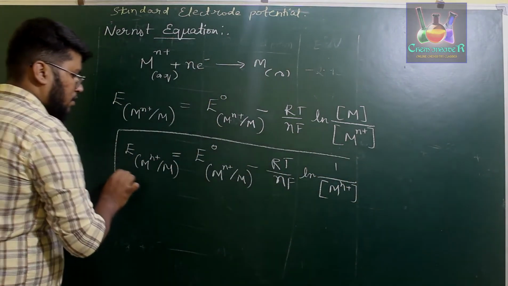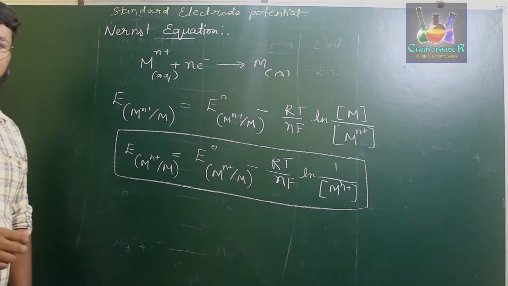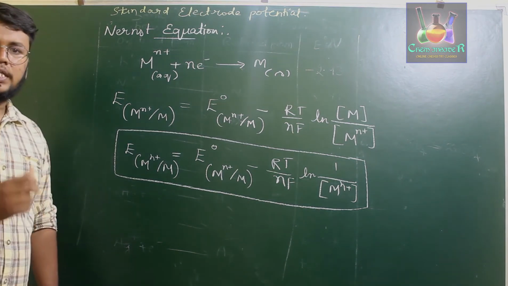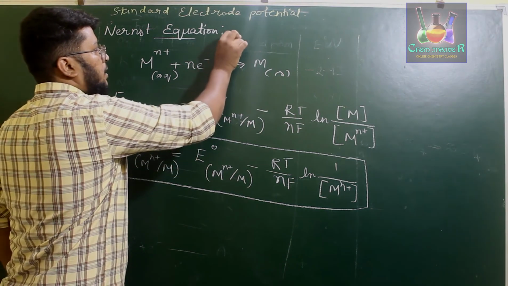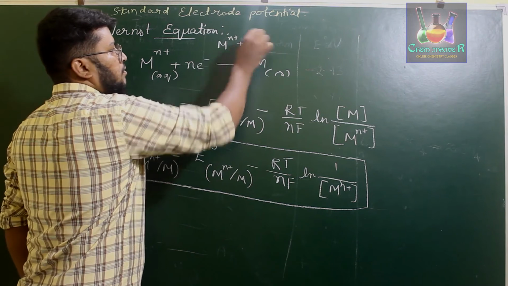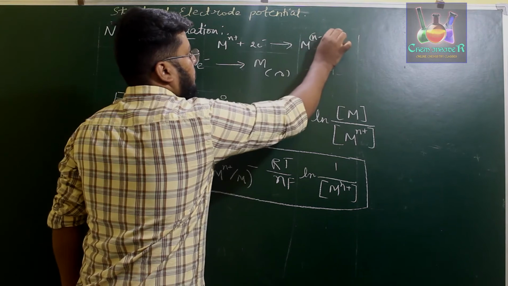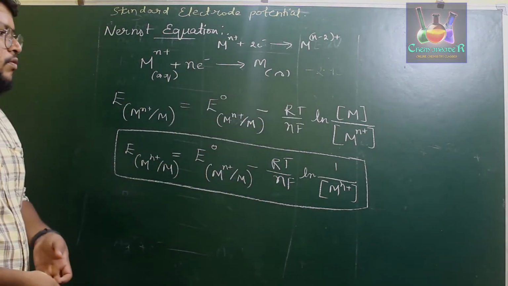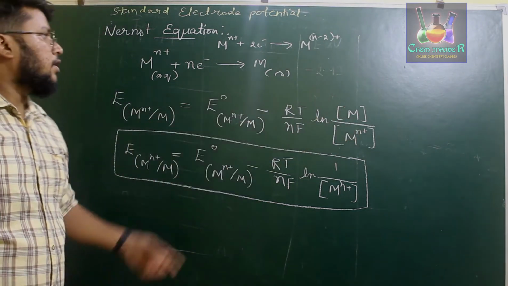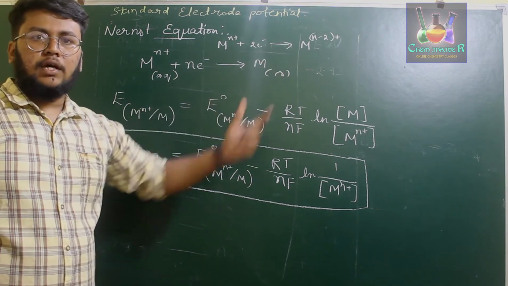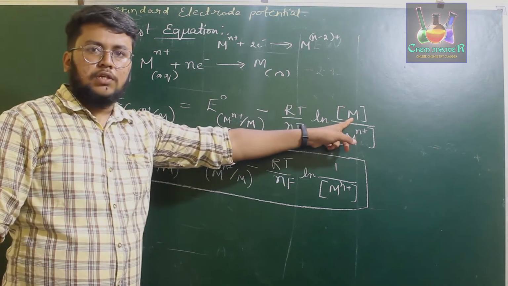So this is the equation which we can use to calculate the electrode potential if the metal taken is solid. In some cases, there might be a reaction where Mn plus may gain 2 electrons to form M(n-2) plus. In that kind of situation, we need to take the M(n-2) plus concentration in the numerator. There, the product and the reactant are both in the aqueous medium. If the product is a solid, then you can consider the concentration of the metal as 1.